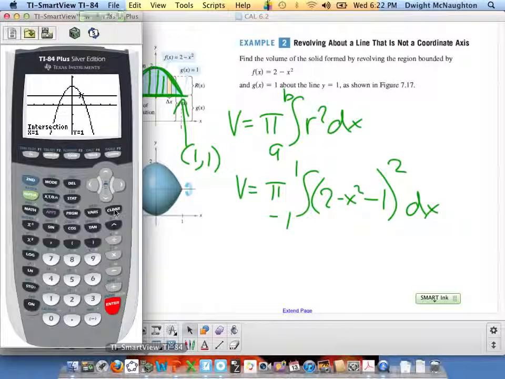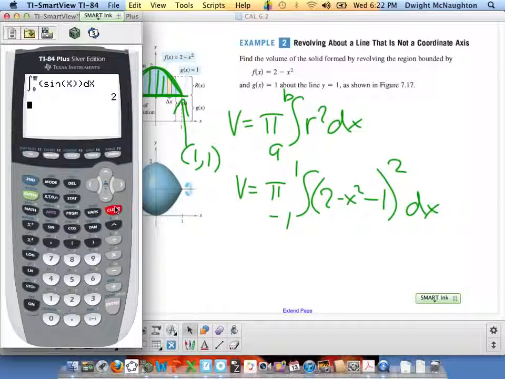All right? So on the calculator, we'll get to a clear screen. Again, we're going to use Math 9. Our limits are from negative 1 to 1. And our function, we need to group it because it needs to be squared. Our function will be 2 minus x squared minus 1. You could have certainly simplified that if you chose. With respect to x, will give us